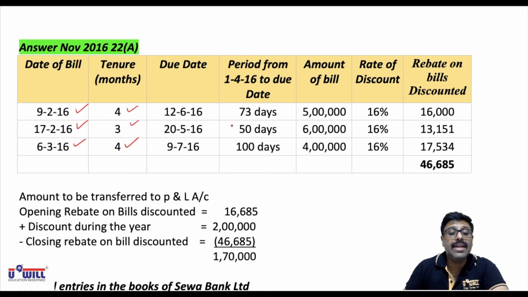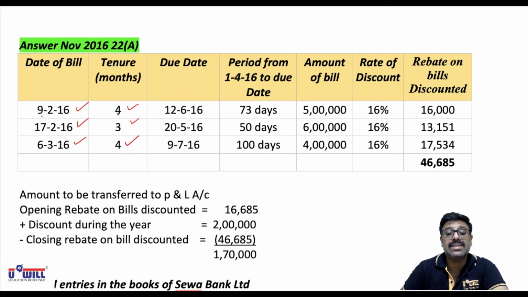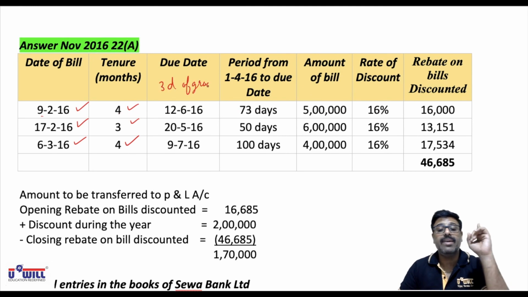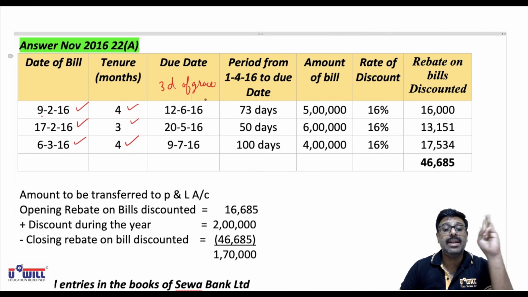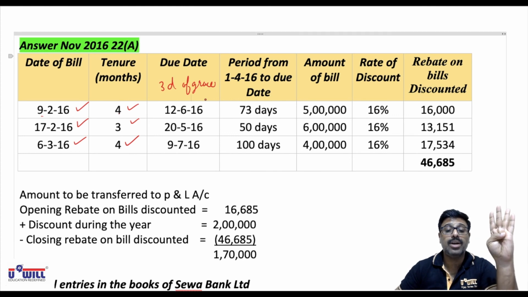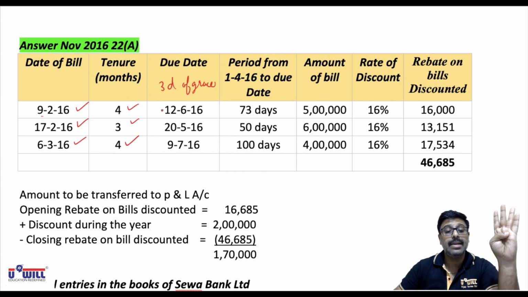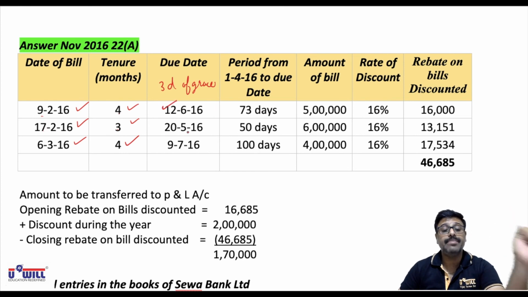Now 9th February plus 4 months plus 3 days of grace are also to be added. So February plus 4 months, March, April, May, June. 9th June plus 3 days of grace, 12th June. 17th February plus 3 months plus 3 days of grace. 17th February plus 3 months, March, April, May. 17th May plus 3